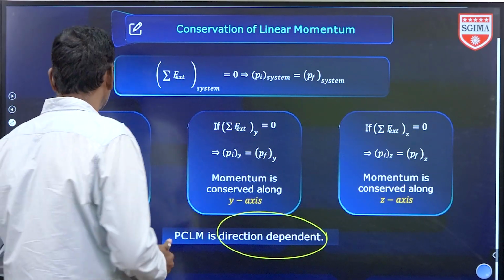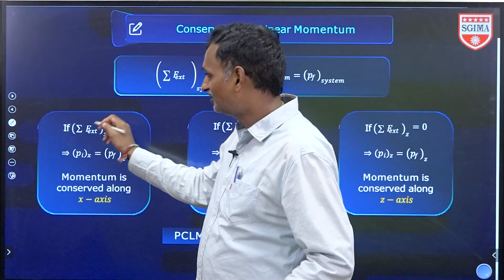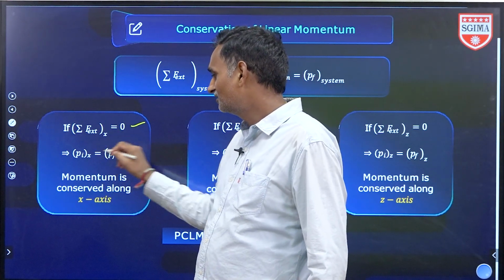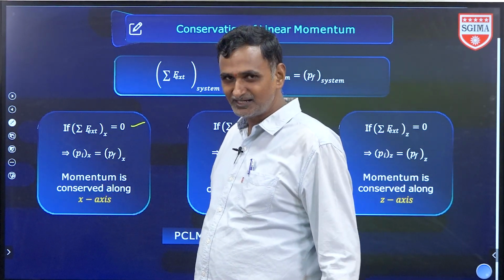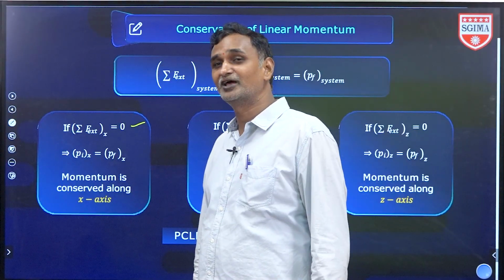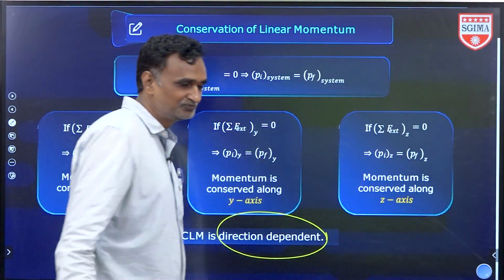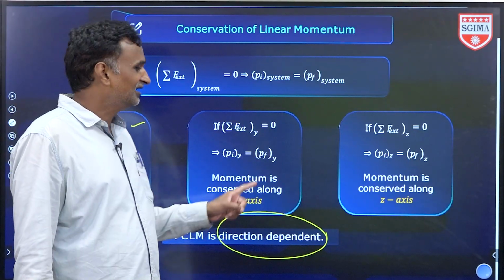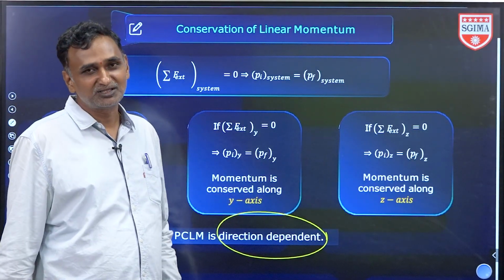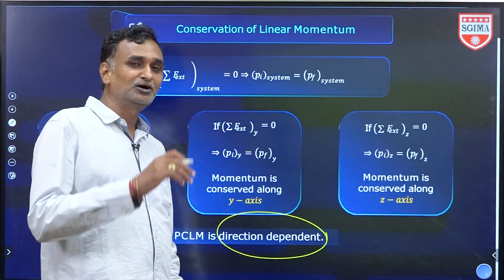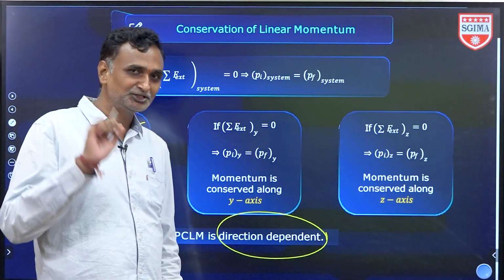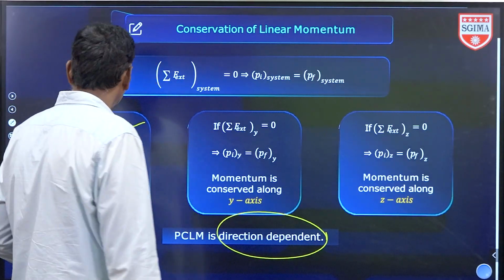The same explanation is here. If the sum of external force along the x-axis is 0, then momentum is conserved along the x-axis, that is, momentum initially equals final along the x-axis. The same with the y and z axes. Here it is important: if any direction change concepts come up in the question, you need to apply it separately for each direction. Okay? So next,